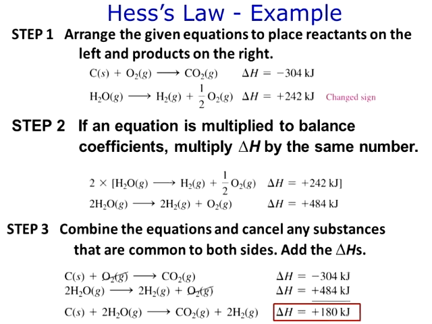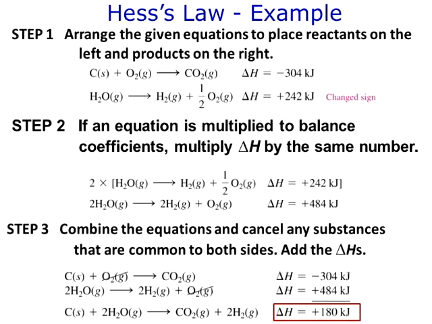So we can take these values and work through the math to obtain the final enthalpy of this overall reaction, or the heat of this overall reaction, according to Hess's law. So what do we do? First, we arrange the given equations to place reactants on the left side and the products on the right. That is important. So you take a look at the process, the desired output for the reaction, and you outline it where the reactants are on the left and the products on the right.